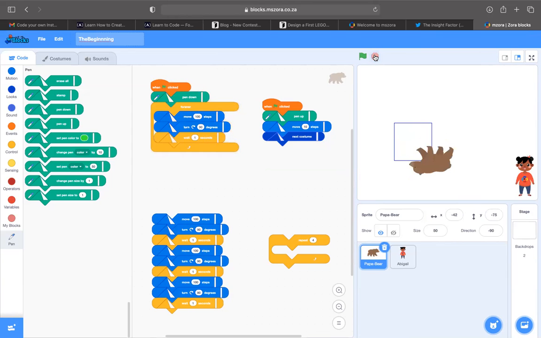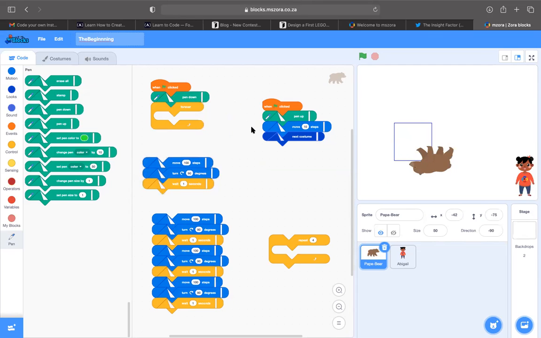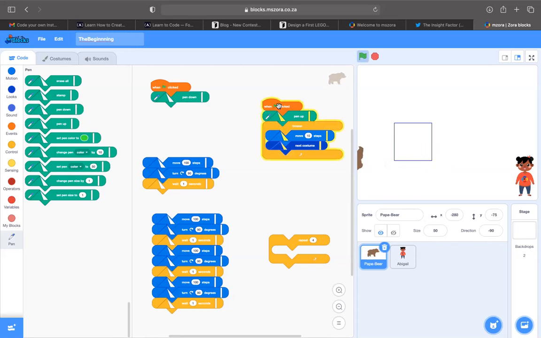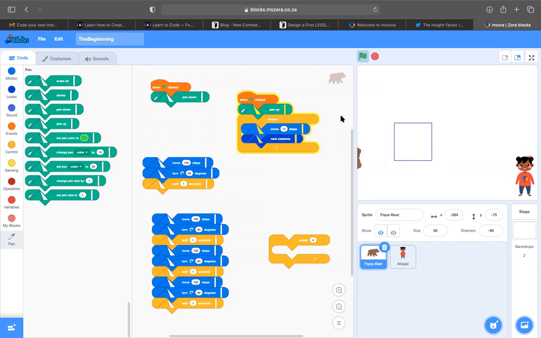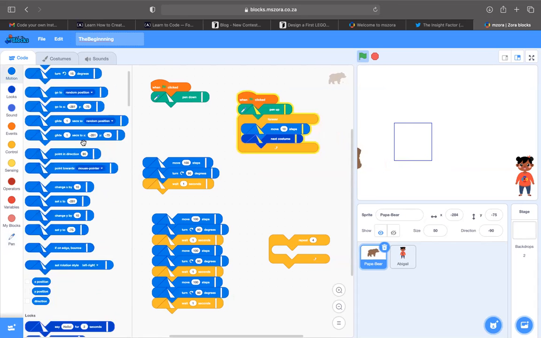So we have looked at creating a simple algorithm. We have seen our bear moving, and we can use this forever on here also. Now we have a bear that is walking upside down, and we want our bear, when it gets to the edge, to go the other way.